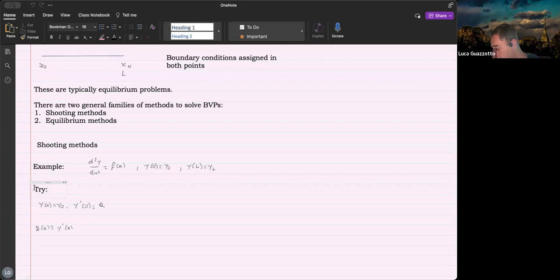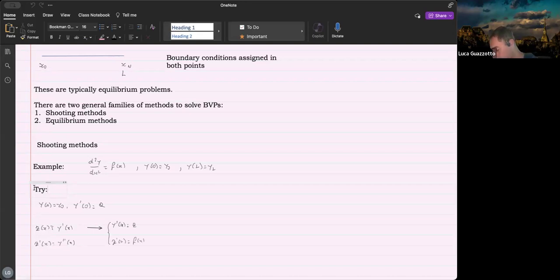Then I can follow the system of equations. So that also means that z prime of x is equal to y double prime of x. So I can solve the equation y prime of x equals z, and z prime of x equal f of x,